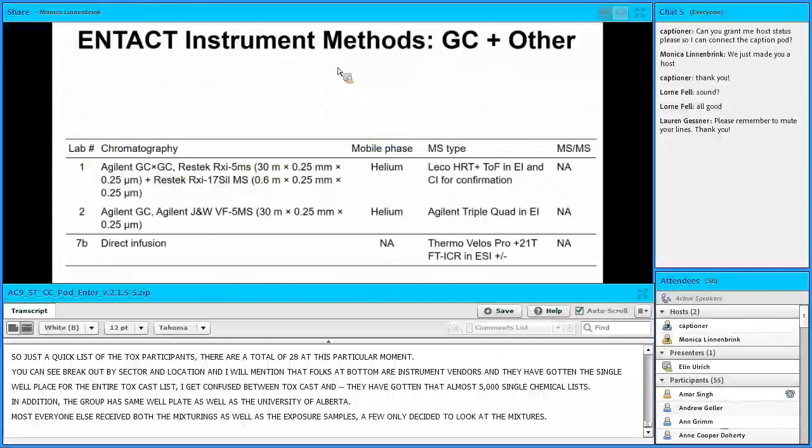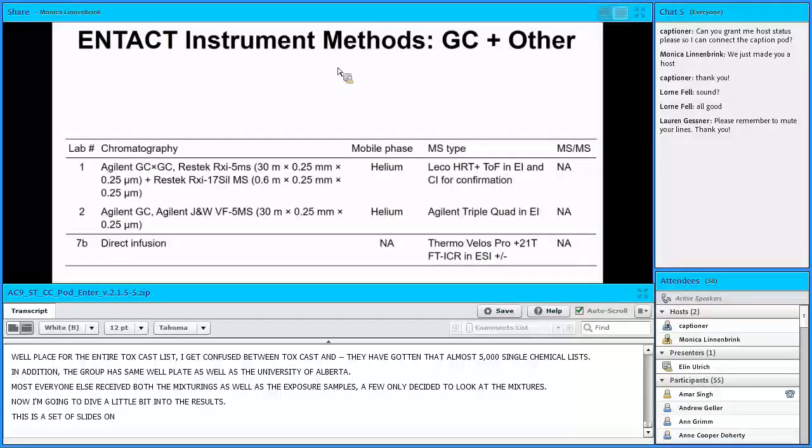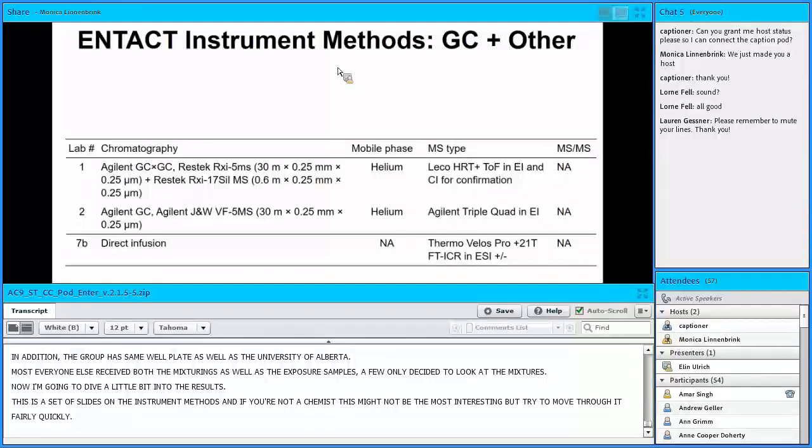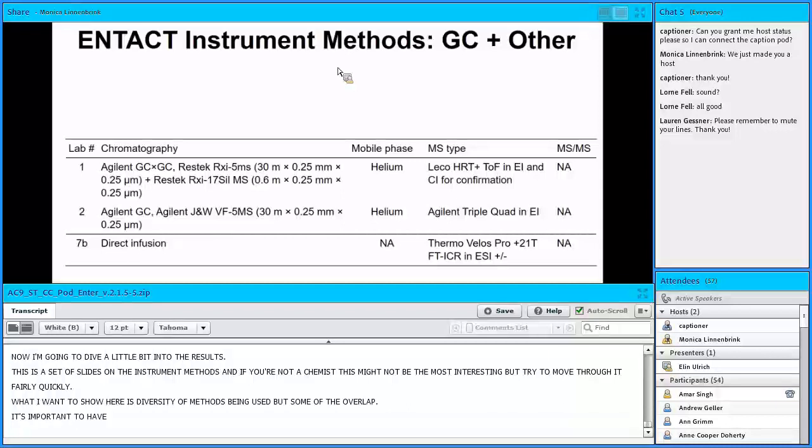So now I'm going to dive a little bit into the results. This is a set of slides on the instrument methods. And if you're not a chemist, this might not be the most interesting, but I'll try to move through it fairly quickly. What I want to show here is the diversity of methods that are being used, but also some of the overlaps. It's important for us to have that diversity so that we can compare across many methods, but it's going to be really handy to be able to compare similar methods to see if they get the same